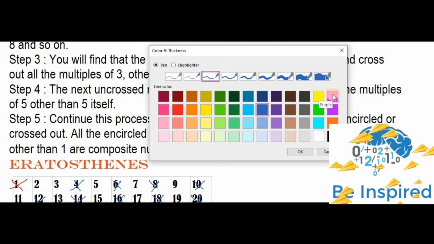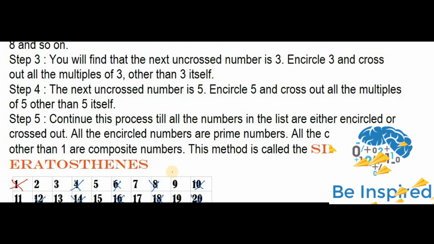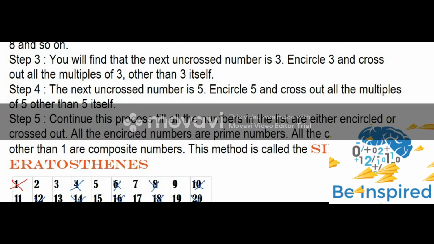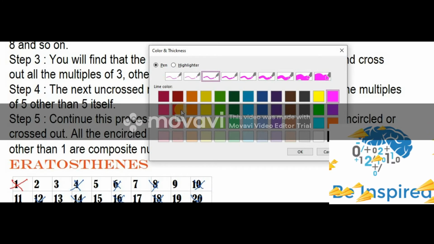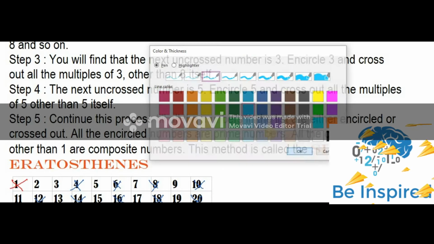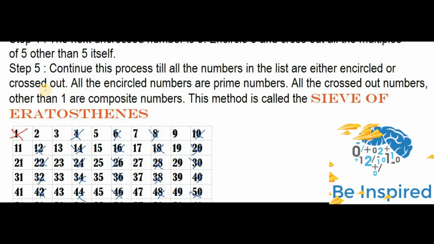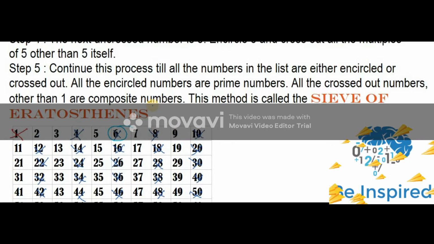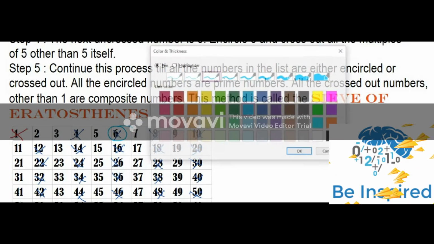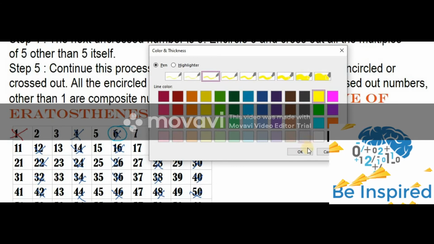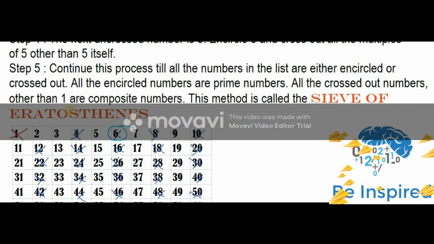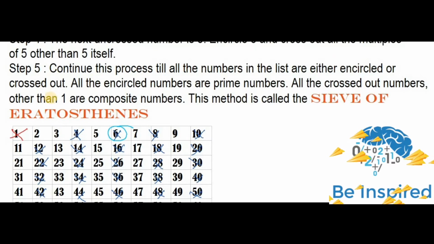Now I am going to select a color, purple over here. Okay, we already selected that, so we'll go for another color, pink. We can see, turquoise color we will select now. Now with this color we are going to cross out. Before going to that, we are going to cross out all the multiples of 3. That is 3 2s are 6. Okay, this is also combining with the other, so we'll go with another color, that is yellow. So we are going to cross out all the multiples of 3 with yellow.